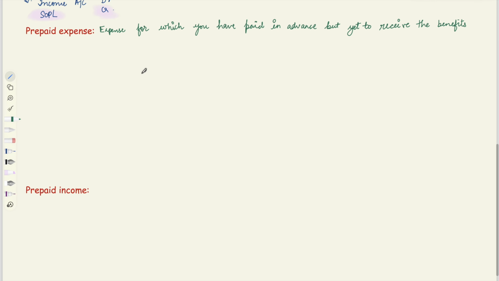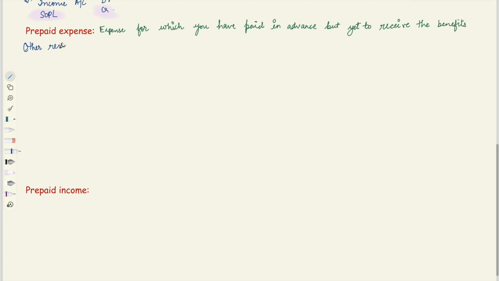It means that you have paid for that particular thing, but you are yet to receive the services. So either you will be provided with the services, or you will be provided with the benefits, or you will be provided with your money back, right? So either we are provided with the services and the benefits for it, or we will be provided with our money back, right? So this again is my